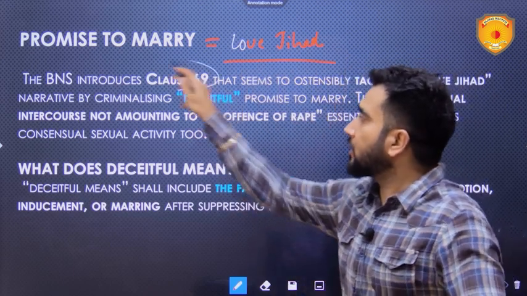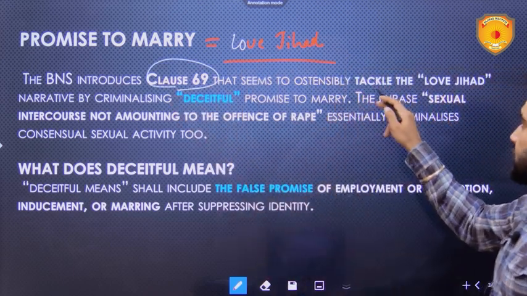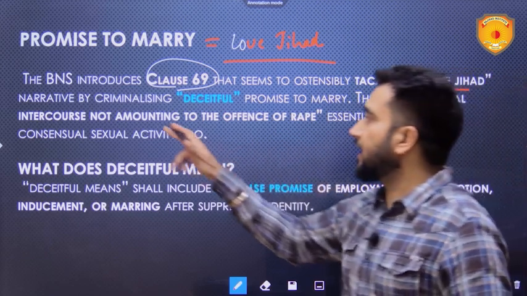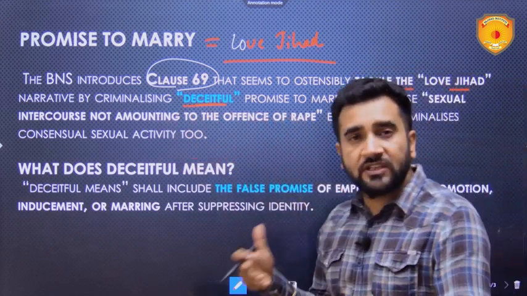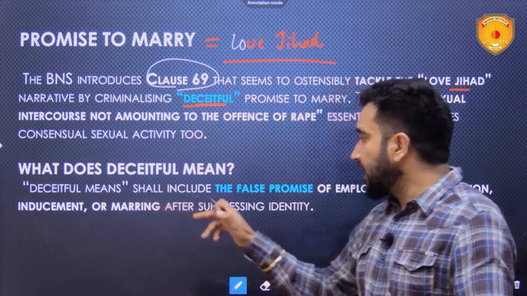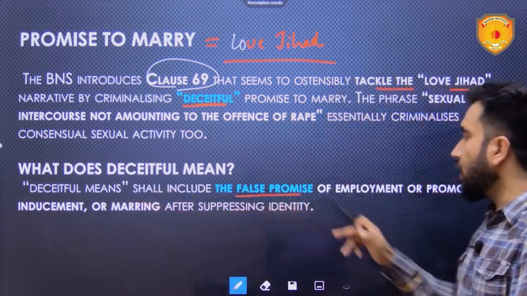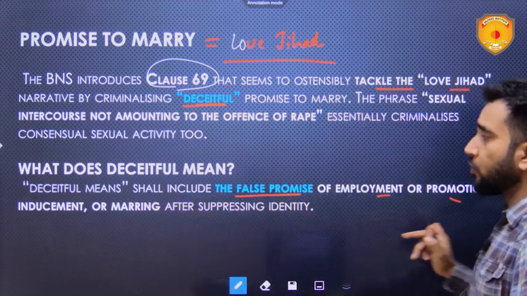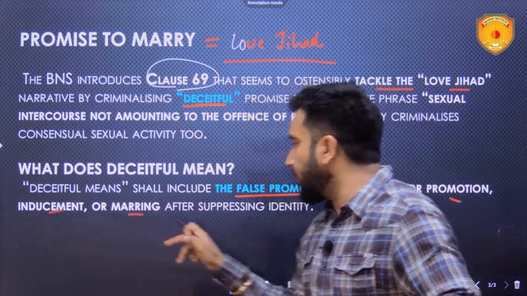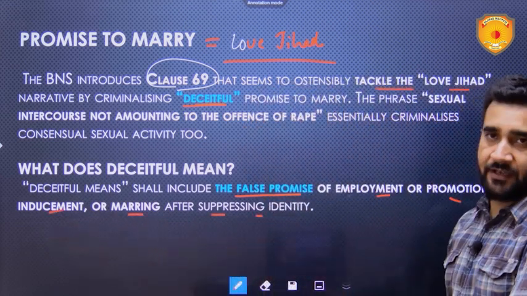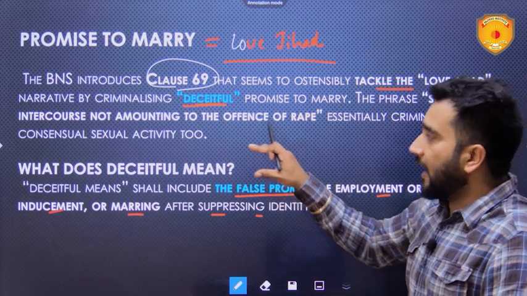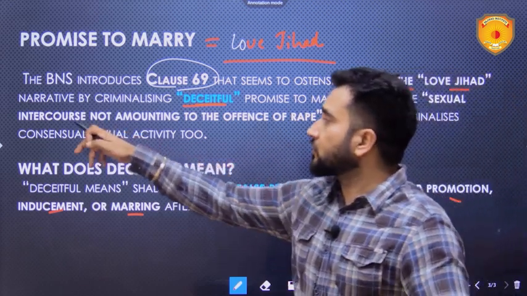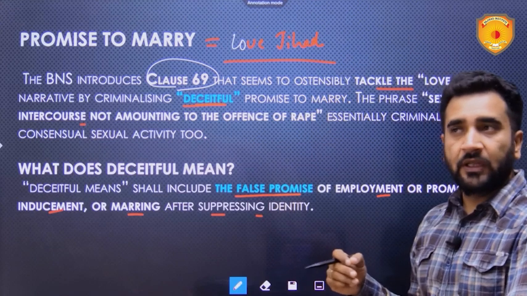It introduces clause 69 that seems to ostensibly tackle the love jihad narrative by criminalizing deceitful promise to marry. So what is deceitful meaning? Deceitful means shall include the false promise of employment or promotion, inducement, or marrying after suppressing identity. So this, if it happens, and in the due course, if sexual intercourse also happens, then that will be